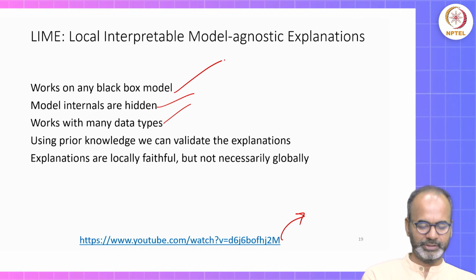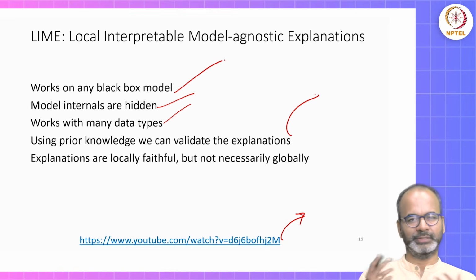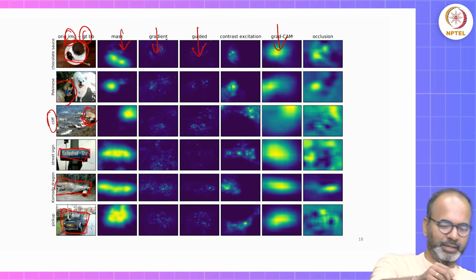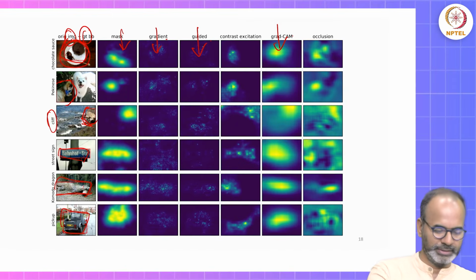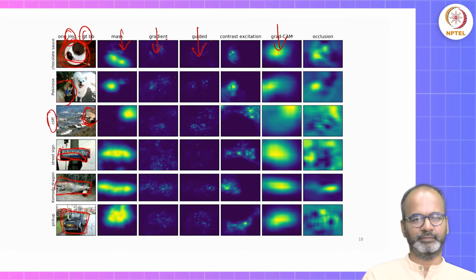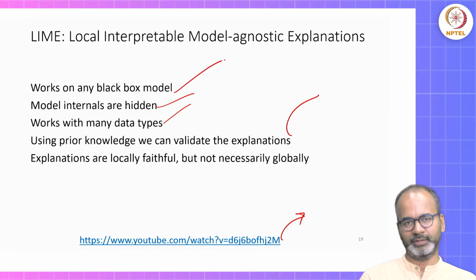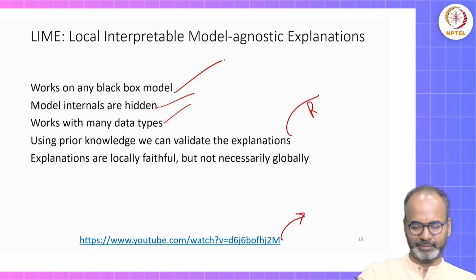It uses prior knowledge, and using prior knowledge, we can validate the explanations. So for example, this is coffee source or this is street sign. We can use existing knowledge, probably even human annotation, to decide whether it is doing correctly. Again, please go back to the idea of RLHF that we saw before.